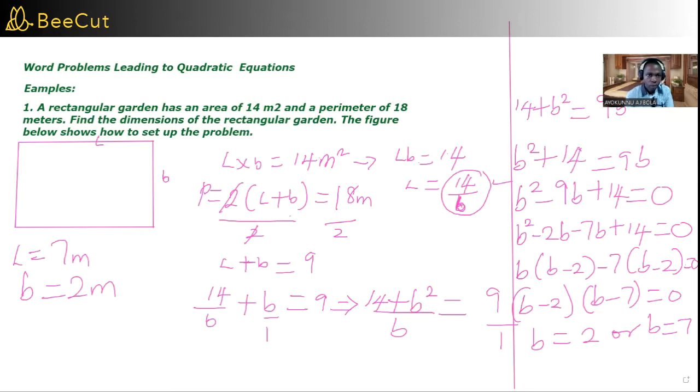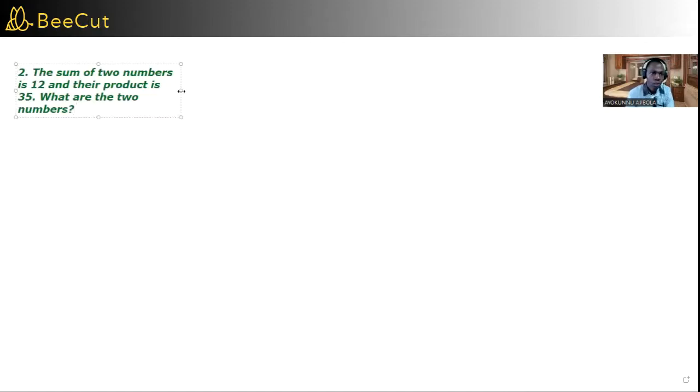Let's see the second question about the sum of two numbers. Let me clear the screen as we solve this question. Second question, number 2. It said the sum of two numbers is 12 and their product is 35. What are the two numbers? If you don't know your two numbers, you can represent them with P and Q or A and B or anything. So let the numbers be